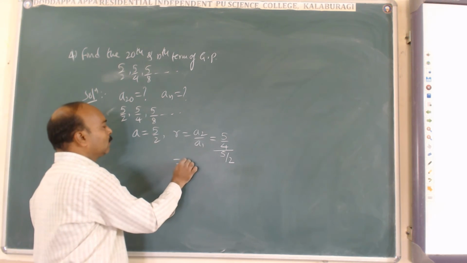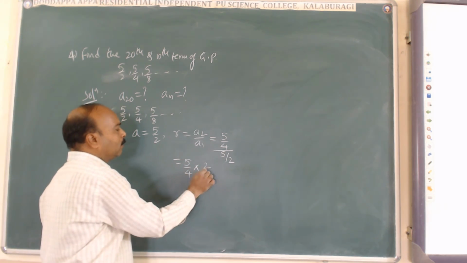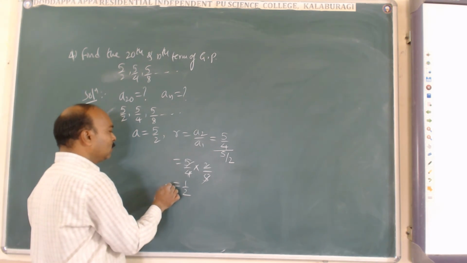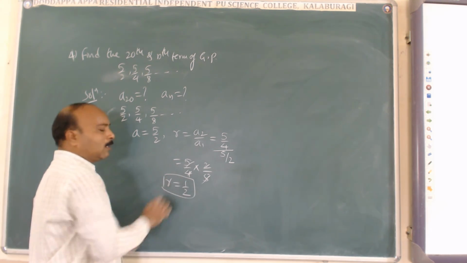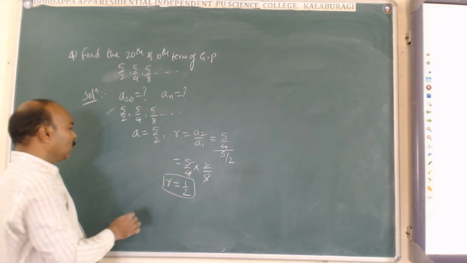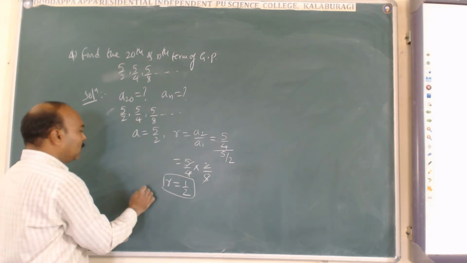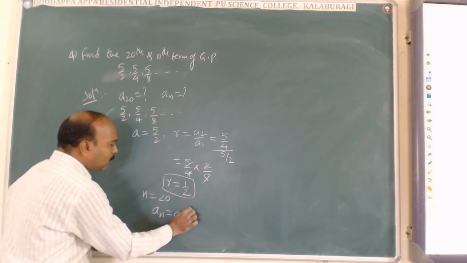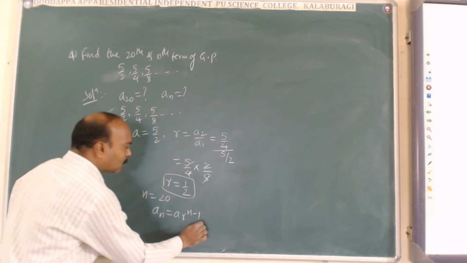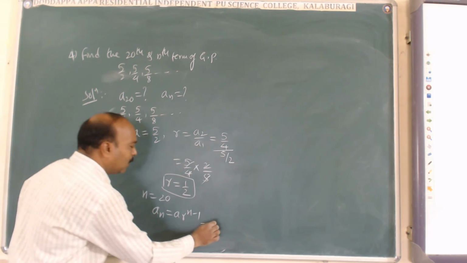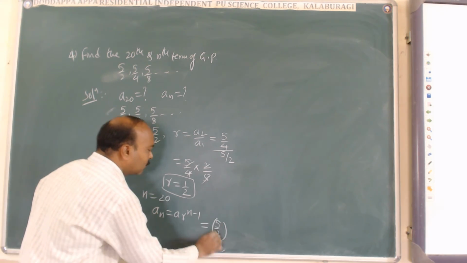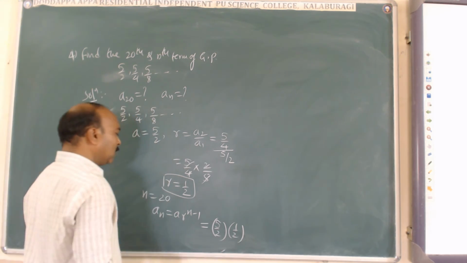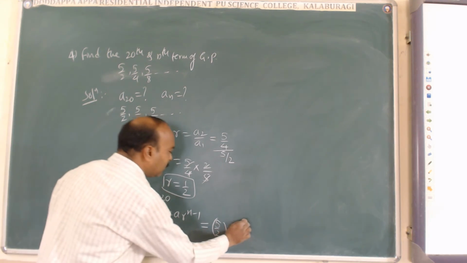Simplifying this we get 5 by 4 into 2 by 5. The 5 cancels, and 2 by 4 gives 1 by 2. Therefore r is 1 by 2, the common ratio. Next we go for a20, n equal to 20. The formula is a r raised to n minus 1. The a value is 5 by 2, the r value is 1 by 2 raised to n minus 1, which is 20